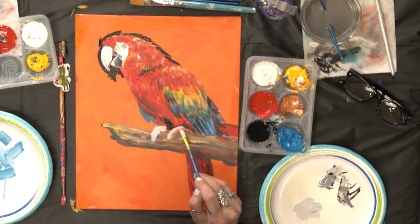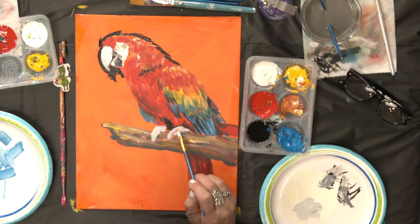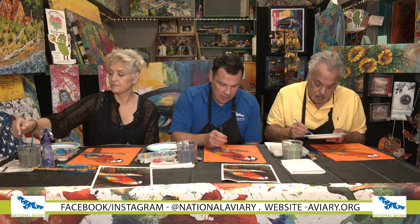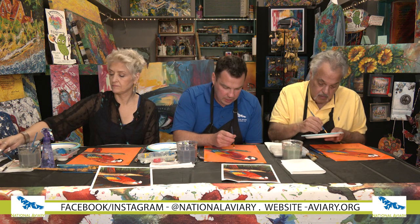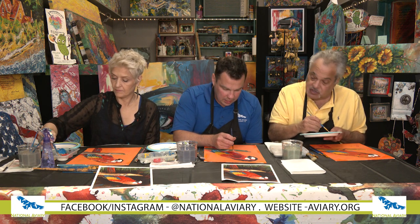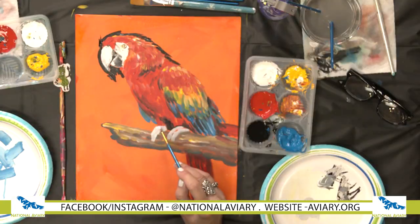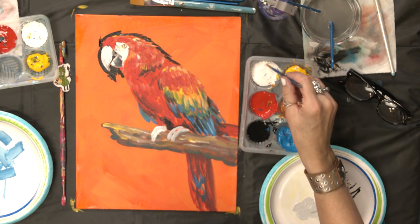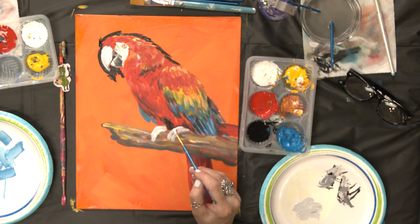Do they hold it? Do they crack the shells? They do. They'll use it in conjunction with their beak, where they'll grip the shell with their foot. I like peanuts, so I know how to crack the shell. Yeah, they'll crack it open with their beak, and what's really neat is once they open it, they'll hold